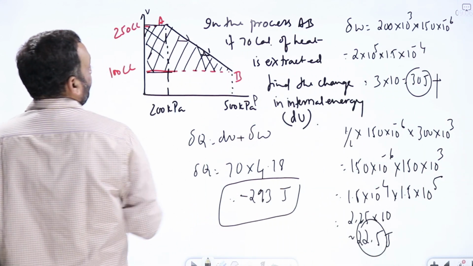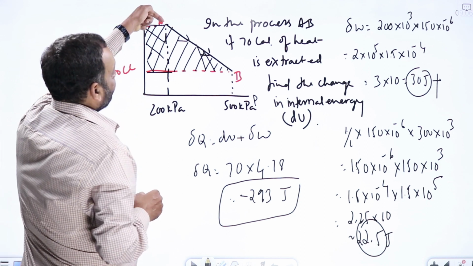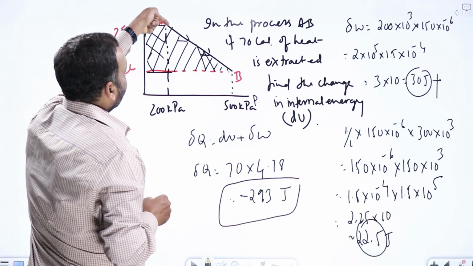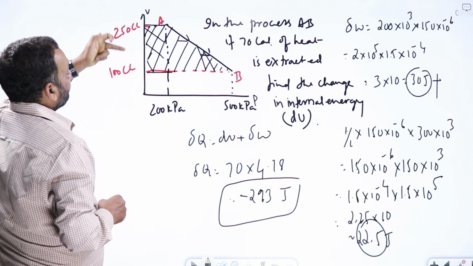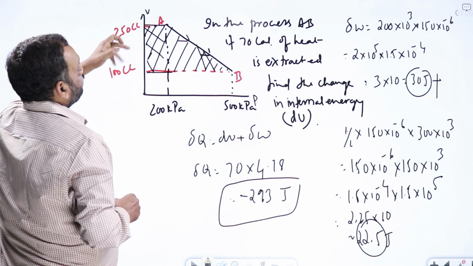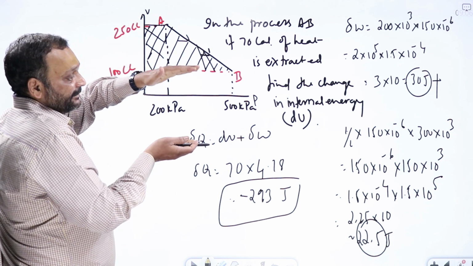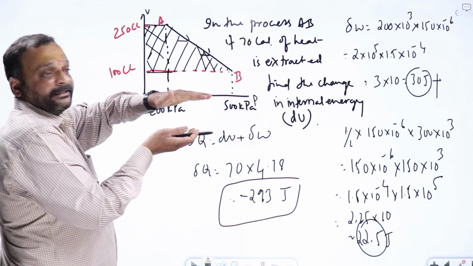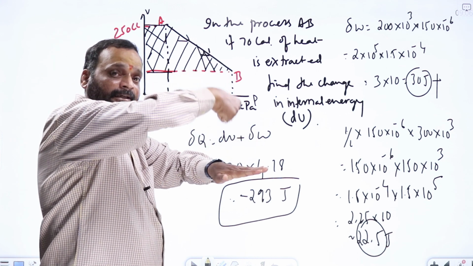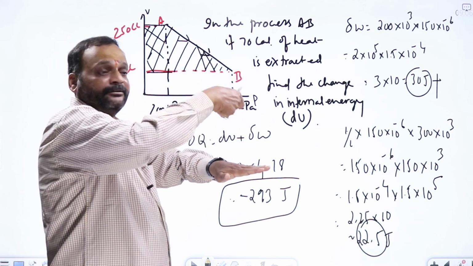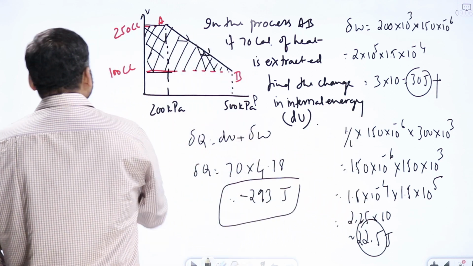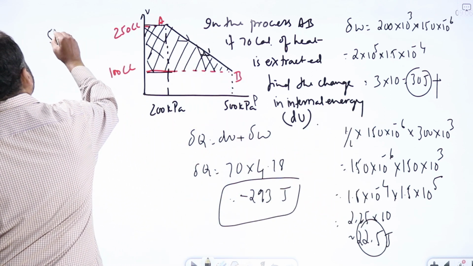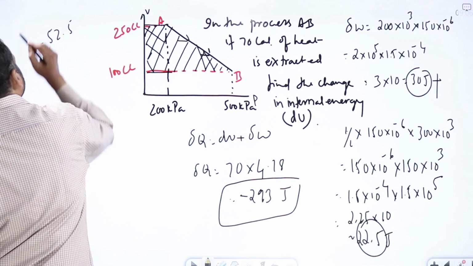So now what is the sign of this work done? See what type of process it is. System is going from A to B. What is happening to volume? Volume is decreasing from 250 to 100 cc. Volume decreasing means it is nothing but a compression. In a compression, work is done on the gas. Work done on the gas is negative, we said, means this 52.5 joules is intrinsically negative.